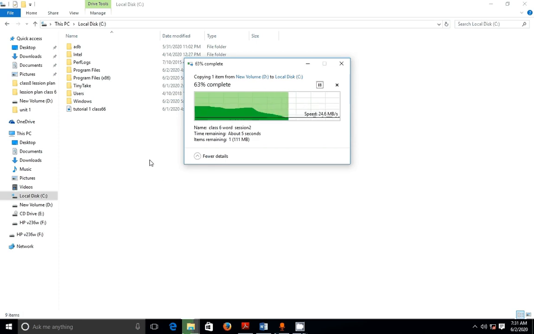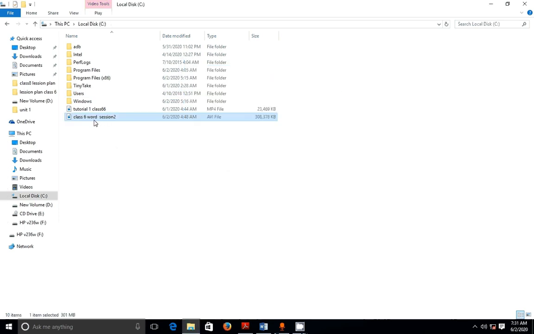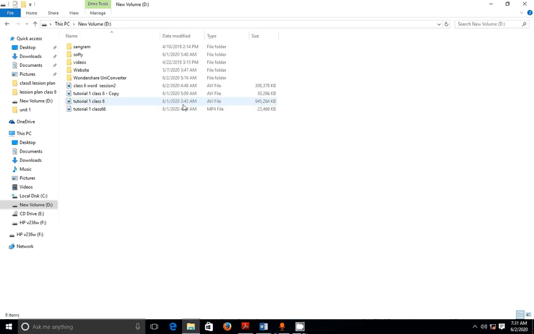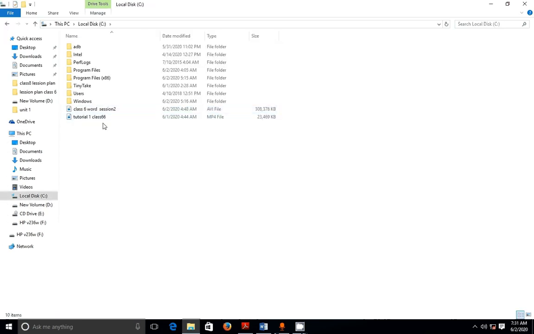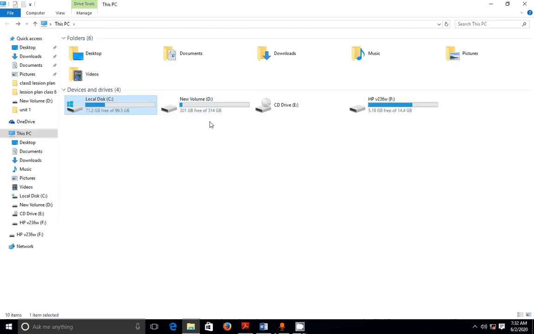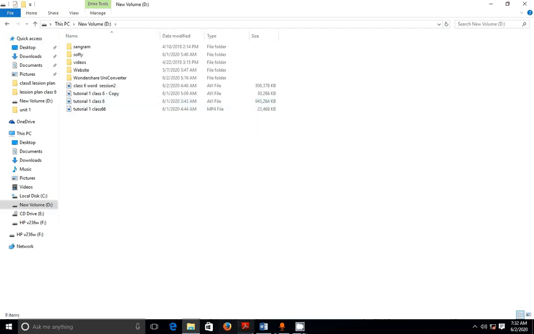This is a very simple procedure. This is our D partition, with class 6 word session second and tutorial first class 66. Here also is the same copy of the file, and here also the same copy of the file.